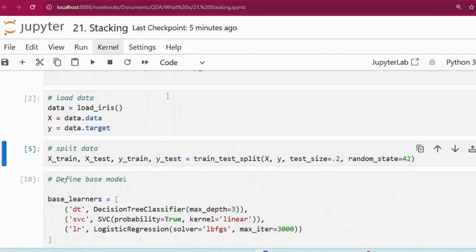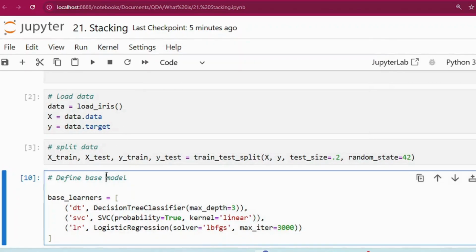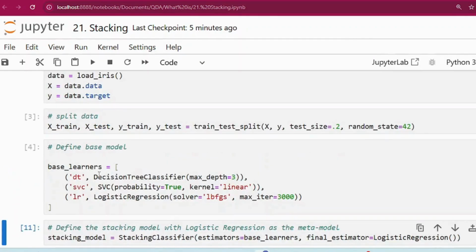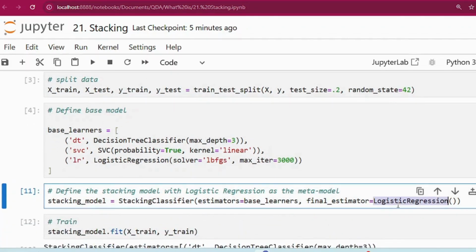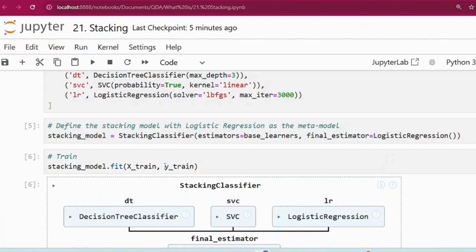So I'll run the load data and split the data, and these are the base models: decision tree classifier, SVC, and logistic regression. So let me run this. Now that we have defined our base models, let's create the stacking classifier, which will use our logistic regression model as the meta model. So here we are using the logistic regression model as a meta model. And now with the stacking model ready, let's train it on the training data. So if I run this,